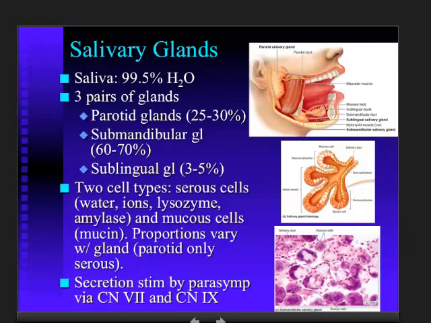Salivary glands. Salivary glands are the first accessory organ of digestion, meaning they're not part of the tube itself. Instead, they are a gland that is secreting into the lumen. You have 3 pairs of salivary glands. The first pair are up here. They're called your parotid glands. If you go just in front of your ear and down below your